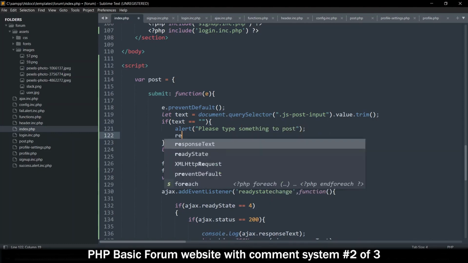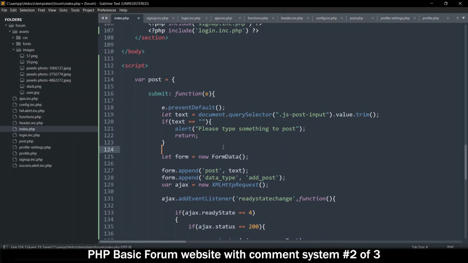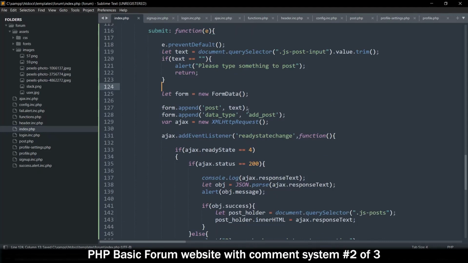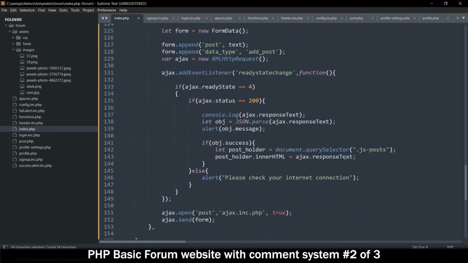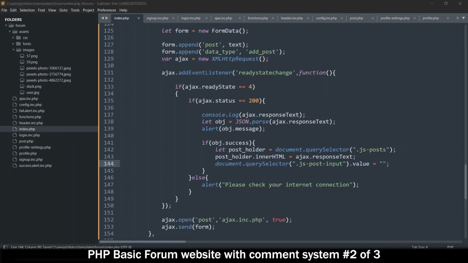And then let's return and move away from this thing here. And then if everything went well, let me grab that. We empty the post thing. So the input dot value should be equal to empty string. That way it's nice and clean, ready for